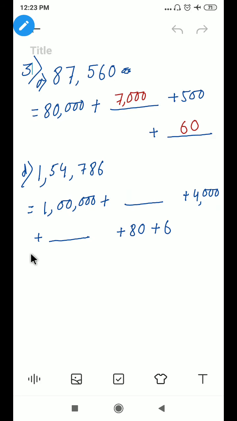So let's start. The first one is given here, 1 lakh, that is the place value of 1. Now we have to find out the place value of 5. Firstly put here 5, and after this 5 how many digits? 1 2 3 4. So you have to put here 40,000. Then place value of 4 is given, 4000. Now the next one will be the place value of 7, that is 700, and place value of 8 is given and 6 is given here. Now go to the next one.